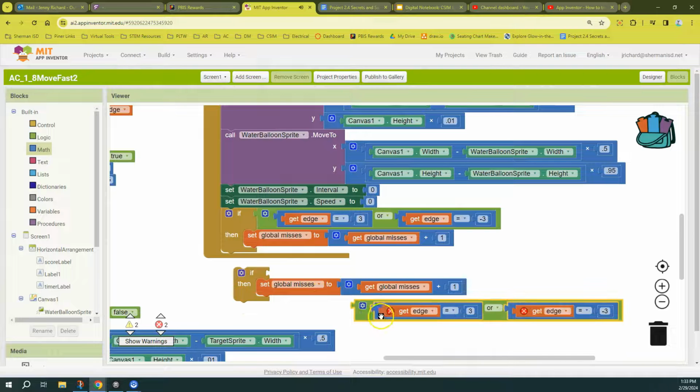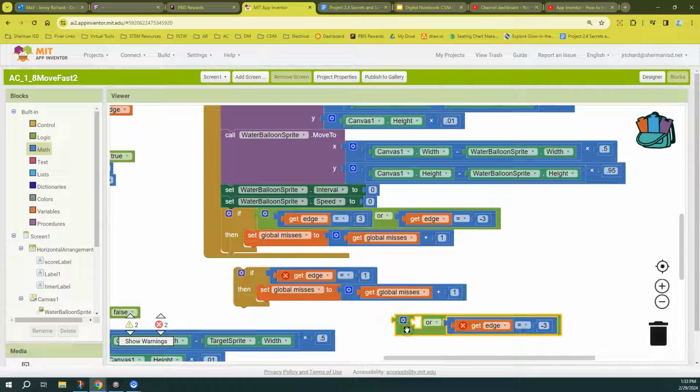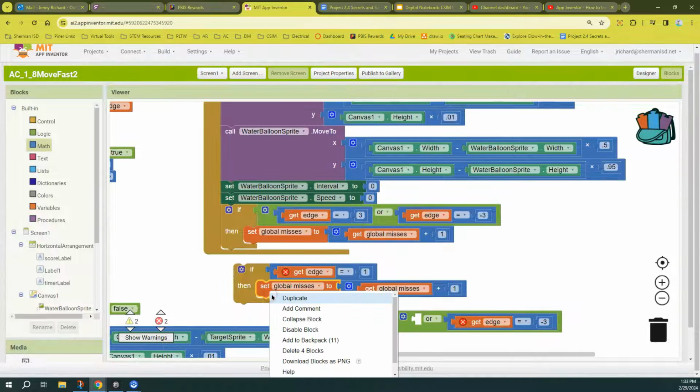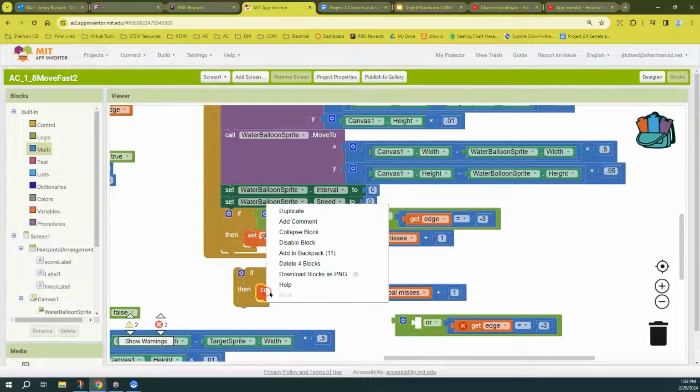You just want if get edge equals 1, then you can set global misses to 1, and then you need to